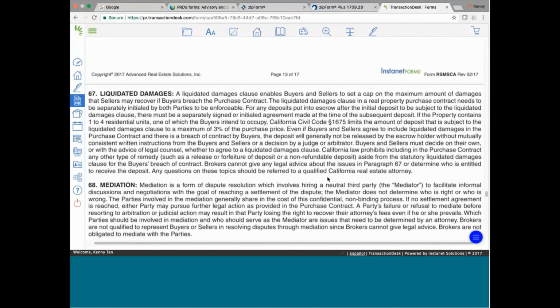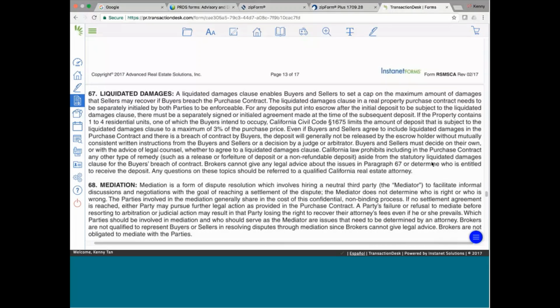Liquidated damages. You know what? You guys got to be careful about liquidated damages. Whenever you have a liquidated damages clause, it requires the buyer's signature and the seller's signature, or else it's not valid. If you don't remember what a liquidated damages clause is, if I'm a seller, the buyer put down $20,000 as a deposit, and the buyer breached the contract, and if I have a liquidated damage clause, do I need to prove my damage, or I can just sue for the $20,000? I can just sue for the $20,000,